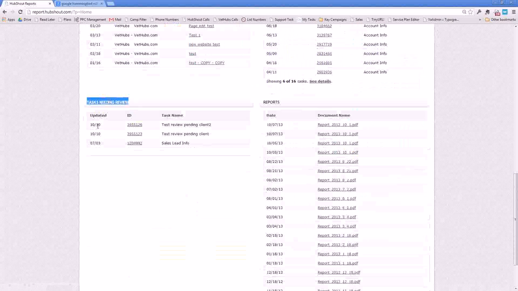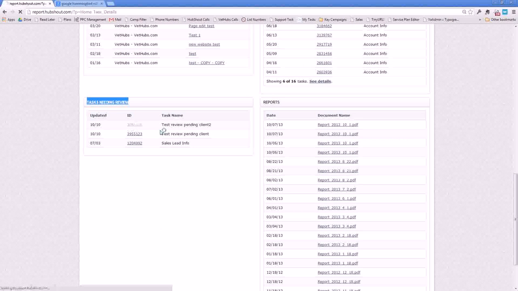What this is, is a list of any task that's currently in a review pending client status. So again, there's sort of a combination. Client to us would be either you or the end client. So this is in a review pending client status, and it's something that we're waiting for feedback on. So you have the ability to get that list. This effectively is your list of tasks that need to be worked. You can come in here, get that list,